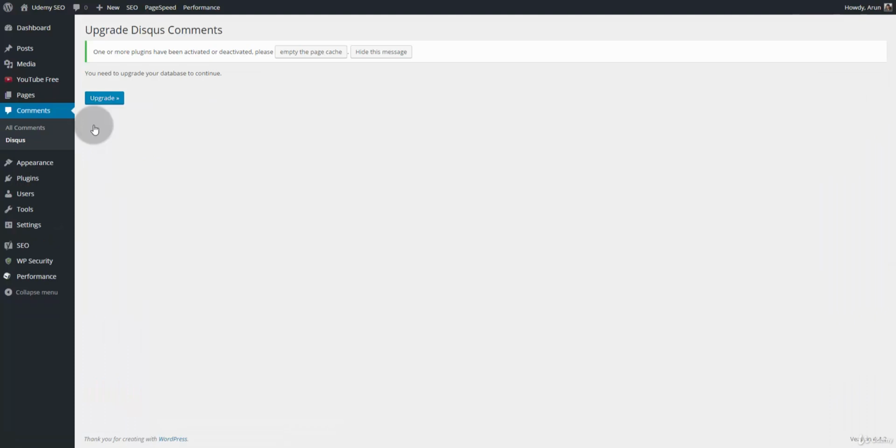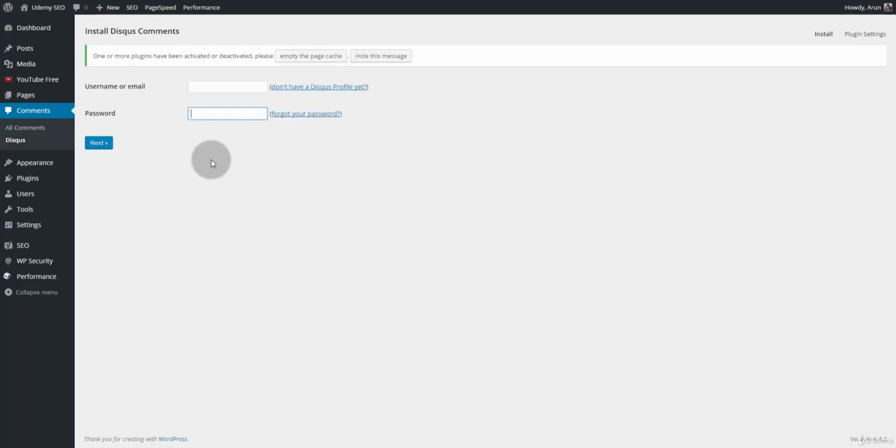Once you install this plugin, Disqus will ask you to upgrade your database to install Disqus comments into your website. So it's better to take a backup of your database before upgrading it. Since this is a dummy website, I'm going to go ahead and click Upgrade without taking the backup. Once you have upgraded the database, you need to enter the username and password of your Disqus profile. If you haven't created a Disqus profile, you can follow this link and sign up for a